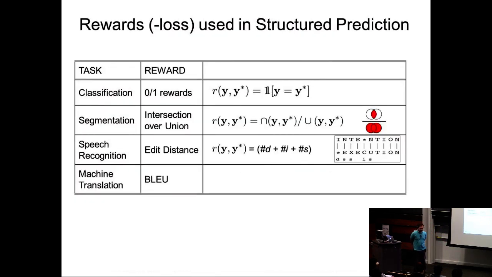Now, the other thing that I wanted to point out quickly is, in many cases, when we look at all of these sequence-to-sequence problems, we don't really want to optimize cross-entropy loss. We only use it for convenience. For classification, what we really want to optimize is 0-1 loss. How many things did I get right? How many things did I get wrong? I don't really care about cross-entropy, right?